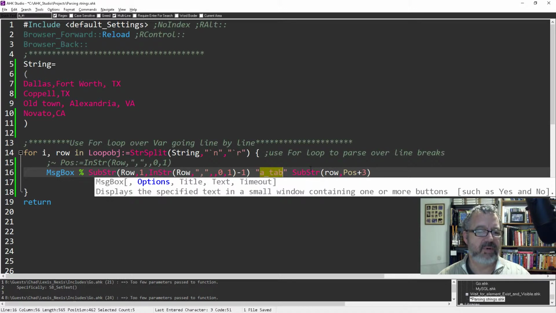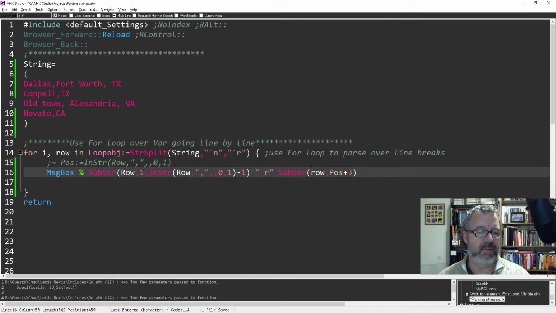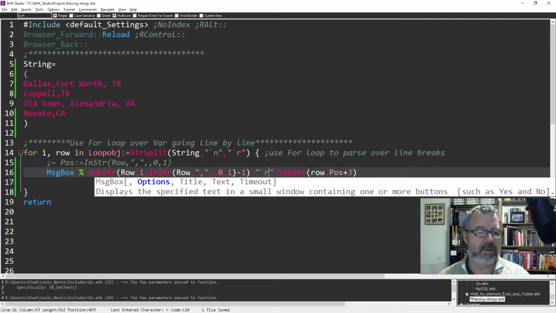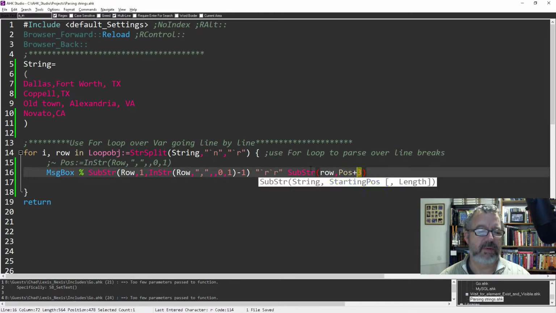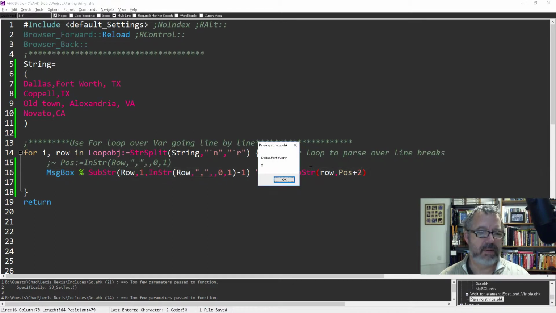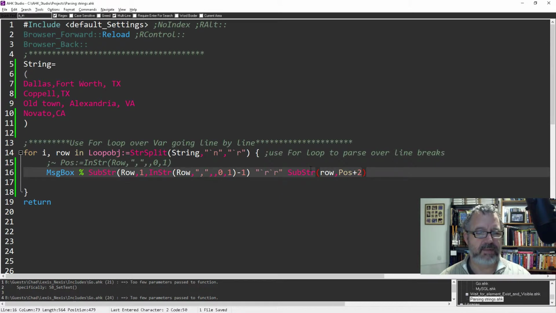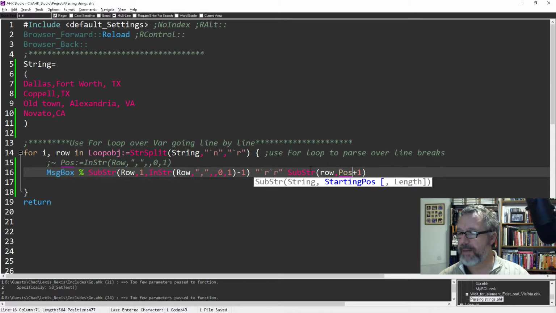I'm going to put in a couple line returns here. Oh, and I went too far, so it should have been a +2. Or not. How did that happen? +2, +1. Why is that not adapting? That's interesting. Oh, because I didn't put... no, that's right. Substring row position +3